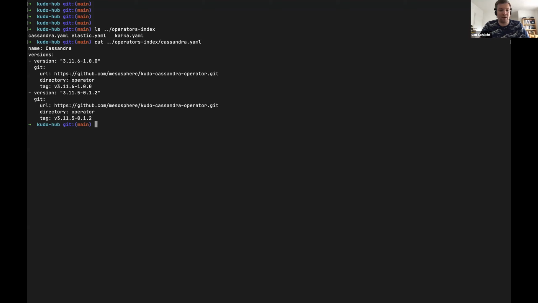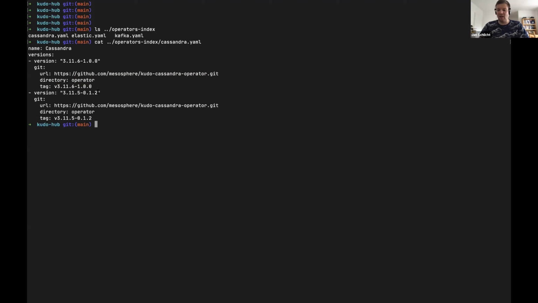package resides. And because this is usually the way these operators are developed, or at least we did, and I guess others would do it as well, is that you have inside of your repository, which in this case is mesosphere / KUDO Cassandra operator, you would have a separate directory where you put in the operator package. And then at some point you tag a release, and you could reference this here. And in this file already, we have 2 releases, 2 tagged releases, and we want to add this to the